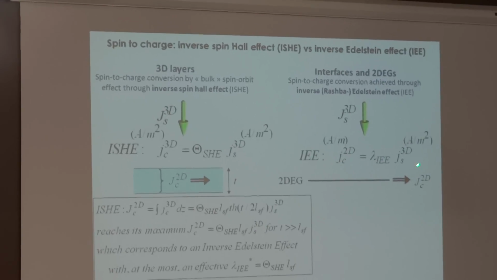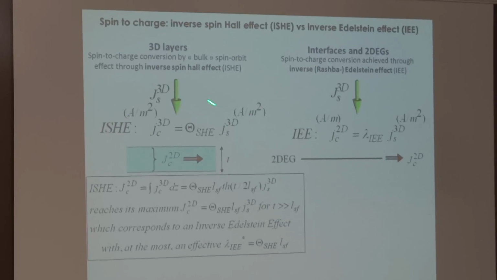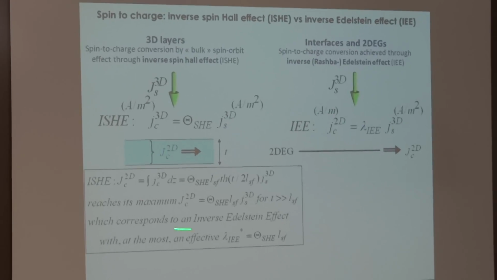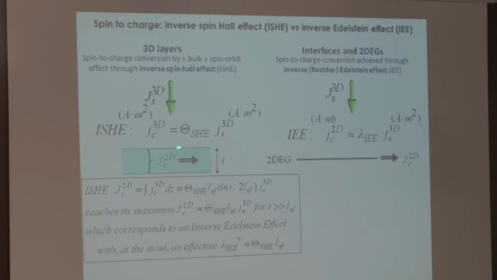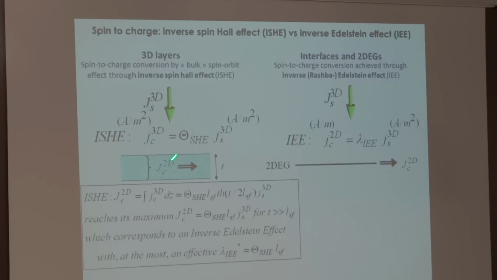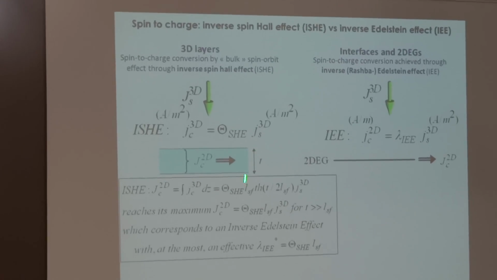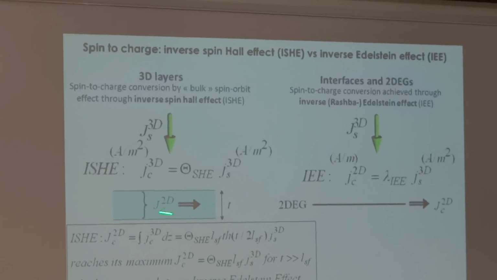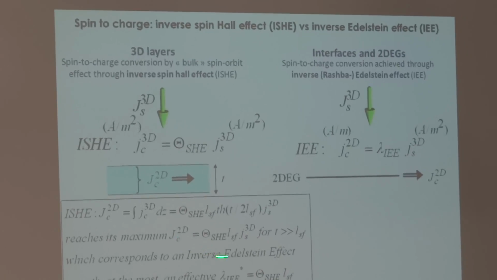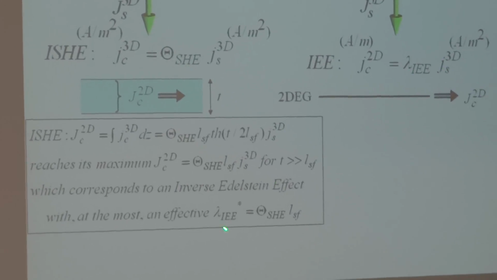two-dimensional charge current from a three-dimensional spin current, whereas for the spin Hall effect there is a coefficient between two three-dimensional currents. To compare, it is necessary to integrate this three-dimensional spin Hall charge current density over the total thickness of the platinum layer, and by making this integration we obtain the two-dimensional charge current. And it appears from the classical calculation that now the equivalent of this lambda is a lambda star,